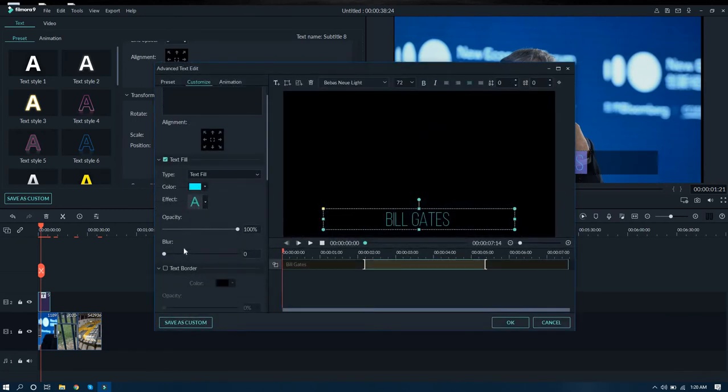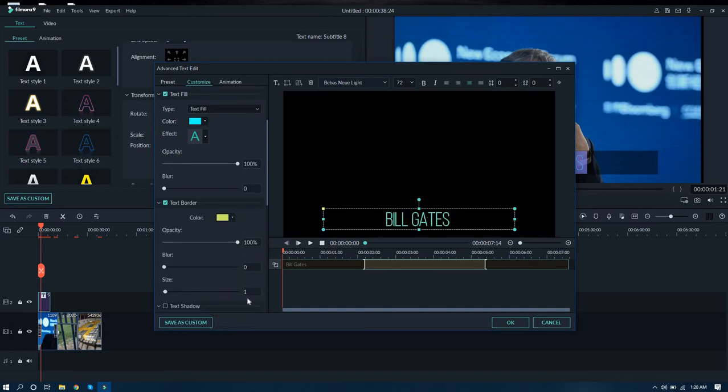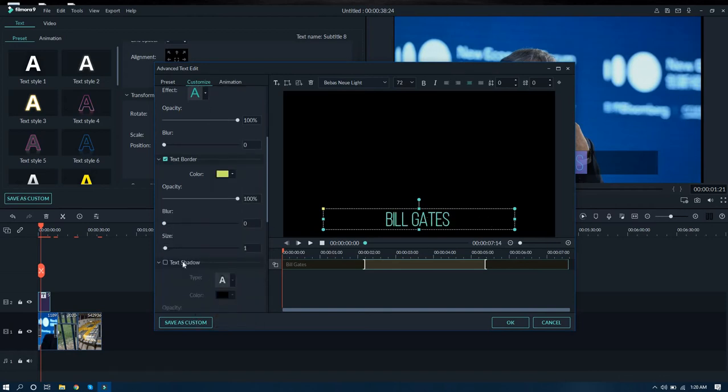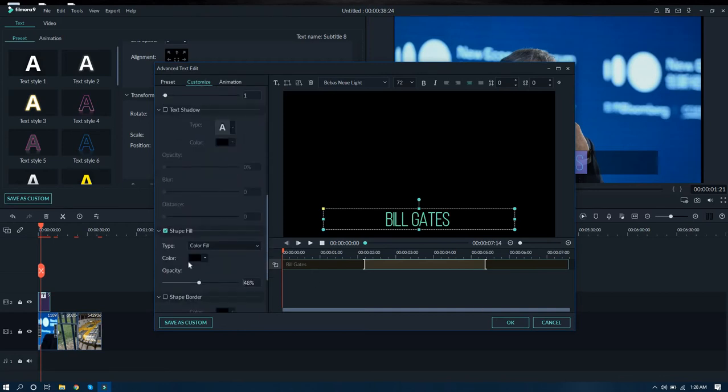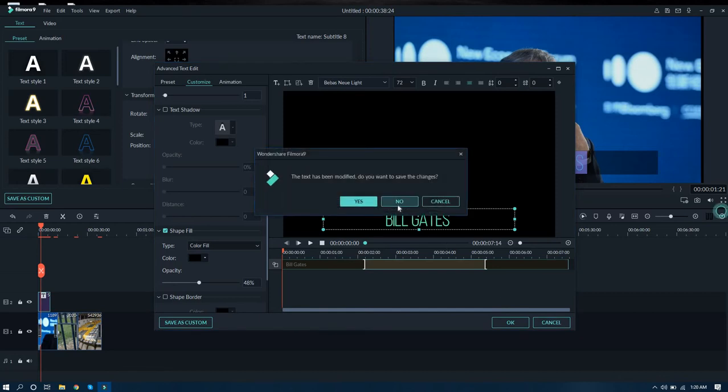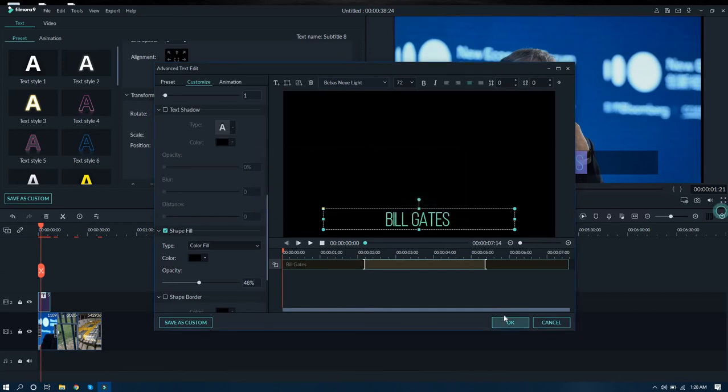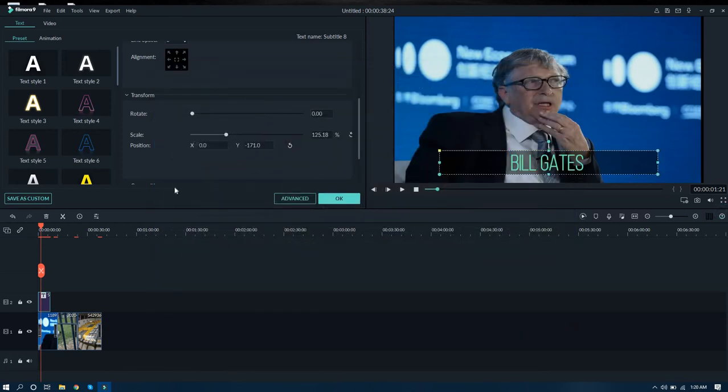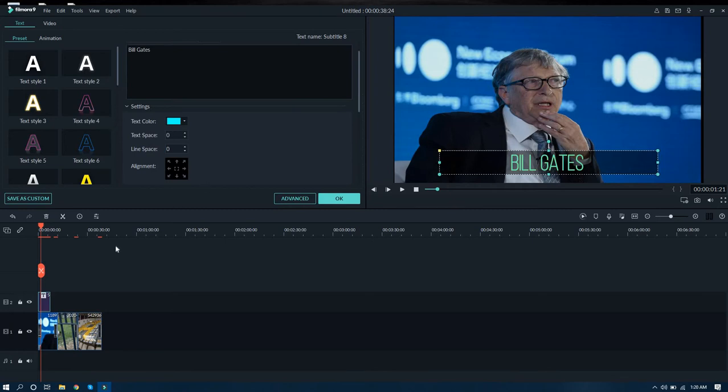If you want to blur, or if you want to have a text border, you can select here. Okay, if I select yellow, it will be shown. And also here you can change the text shadow, everything, and also we can fill the colors. Okay, and that's the part from the text option.